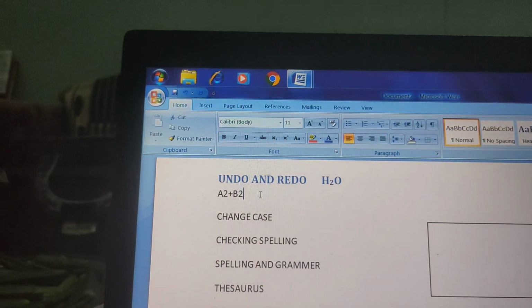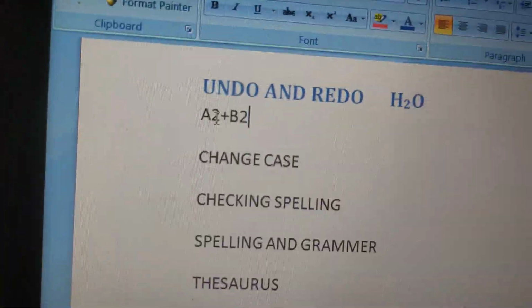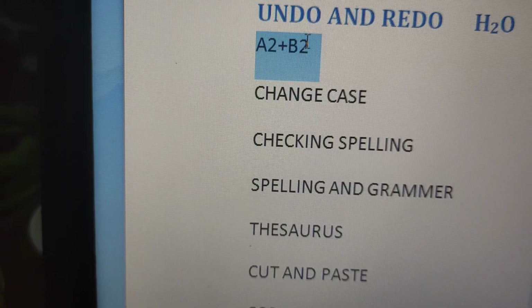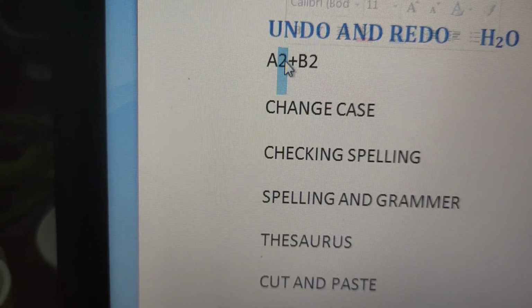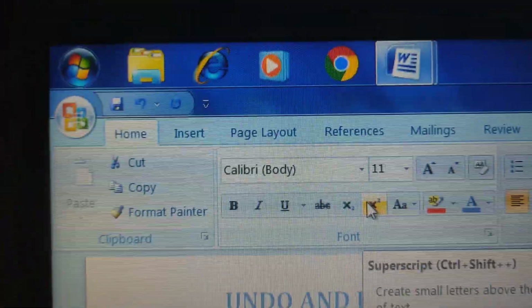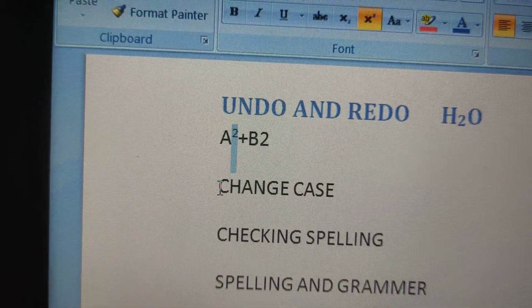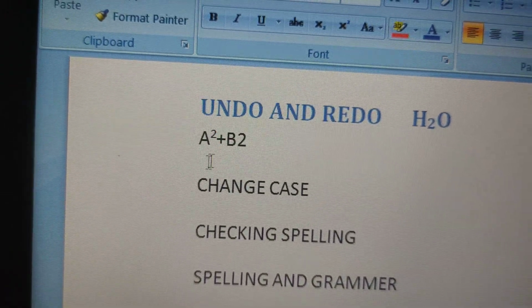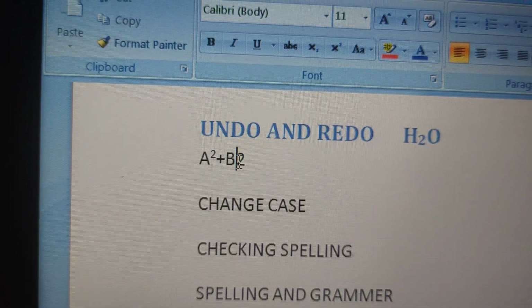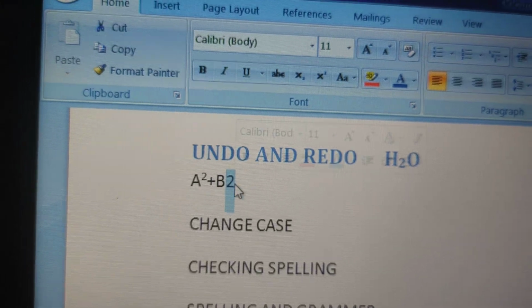But this is not a square now, this is normally 2. So let it change. Okay, I have selected 2. Now I'm using this option, you can see this is called superscript. I have clicked, so now you can see the change. The text which was selected is now above the normal text line, slightly above the normal text line.